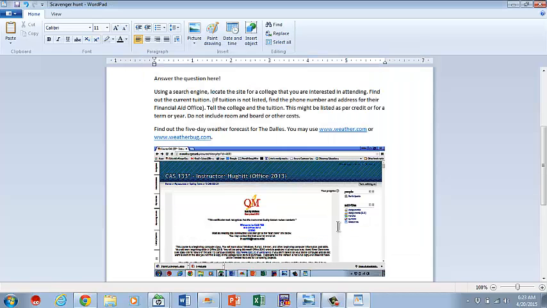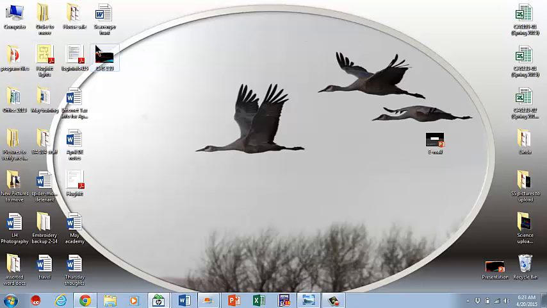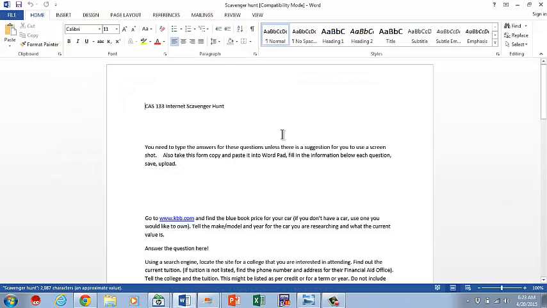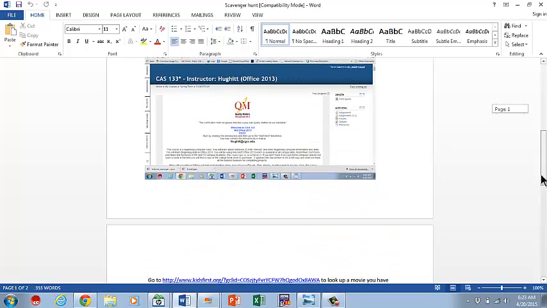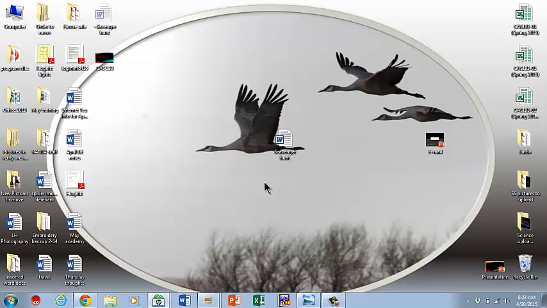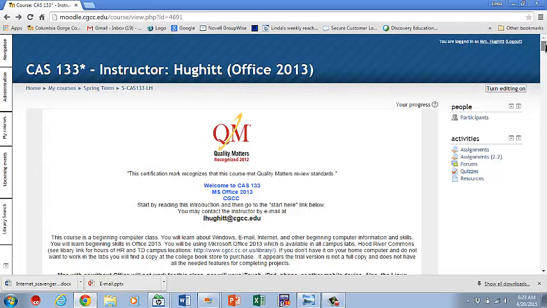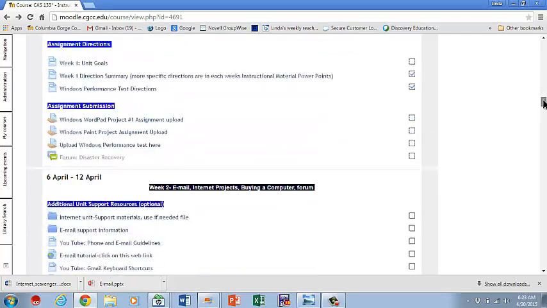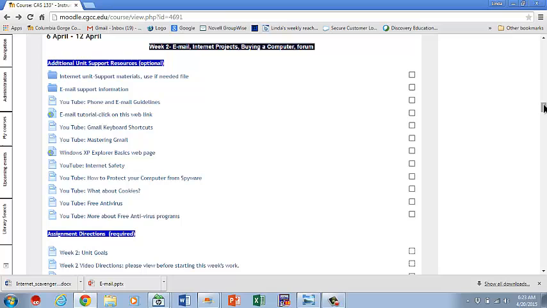It should be going on my desktop. And actually RTF will open in Word on my machine. That's the default for it. And it will have saved your screenshot. So that's how you're going to do it if you don't have any type of usable Office program on your computer. If you have Office on your computer though, you already have